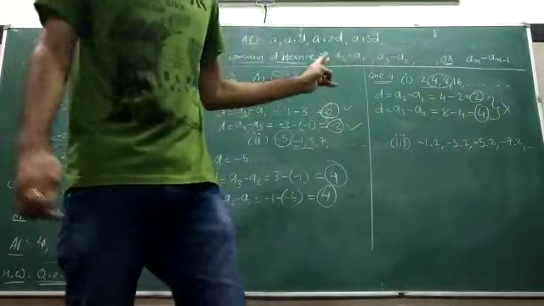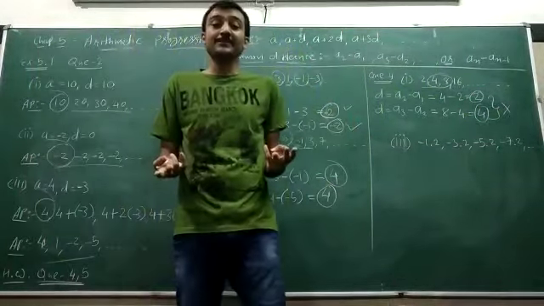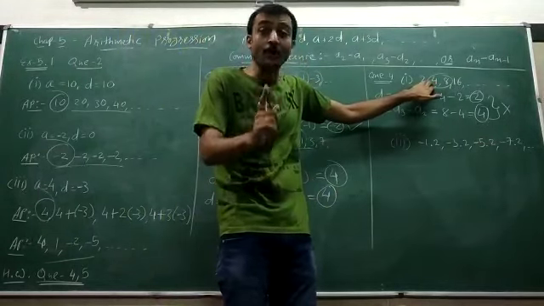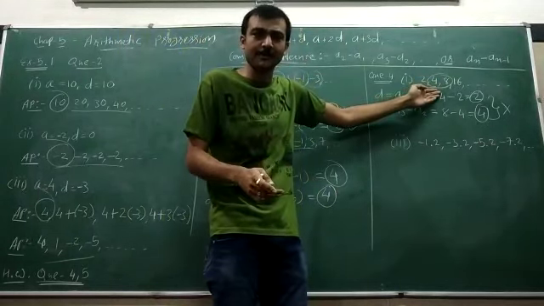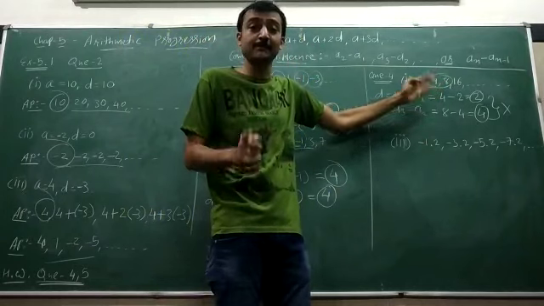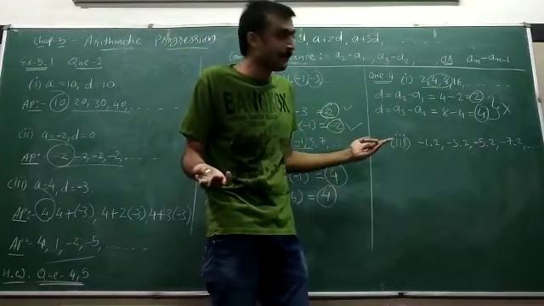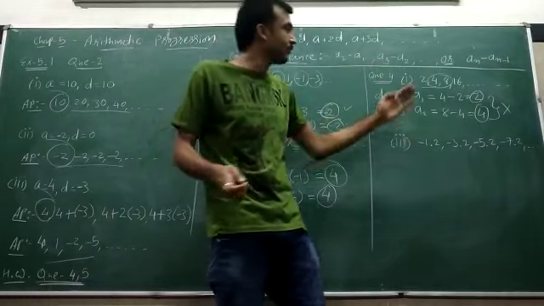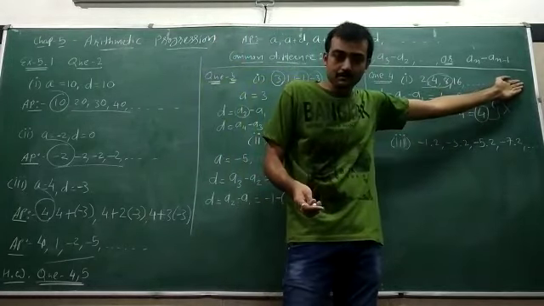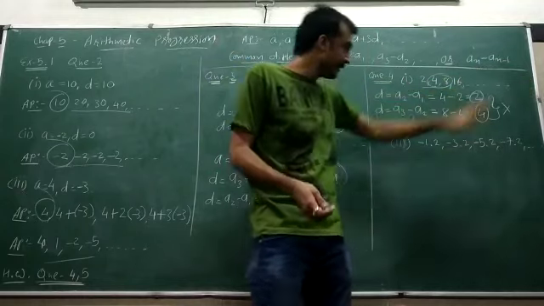So here we get 2 different common differences. So this is not an AP. It is a series of numbers, but this will not be an AP. Why? Because we get different common differences. So it will not form an AP. So we don't have to write the other 3 terms of this given question.